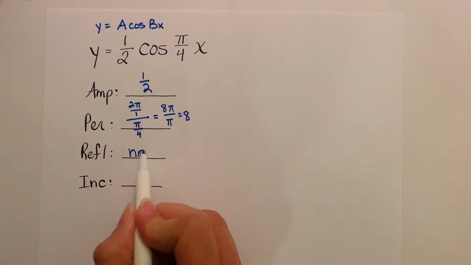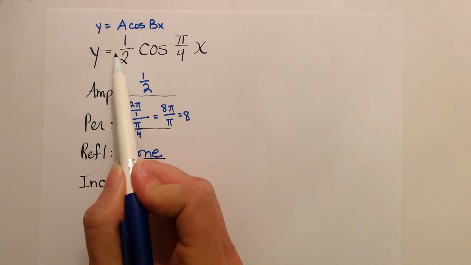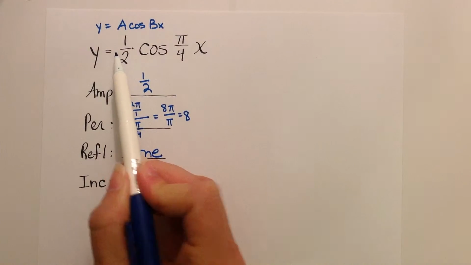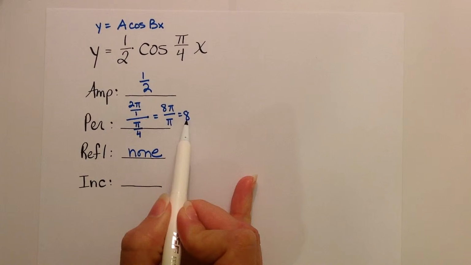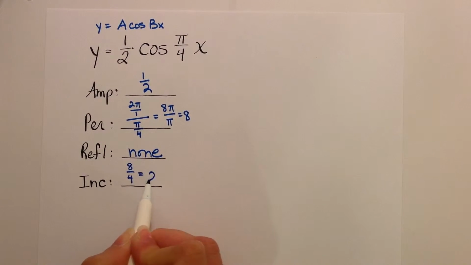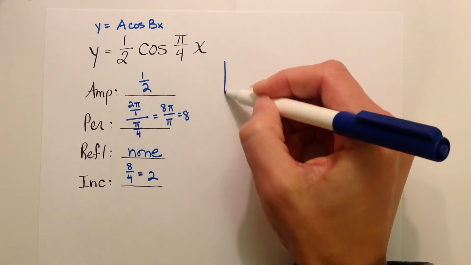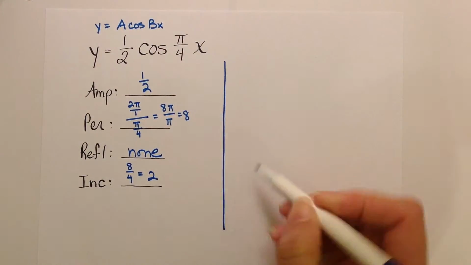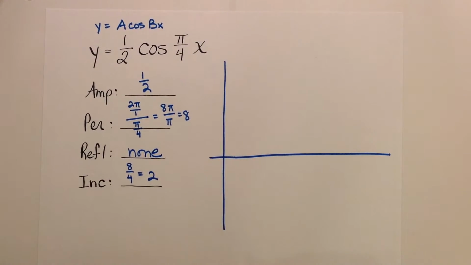This one still doesn't have the reflection, and I'll do one in just a second that does. But again, you'd have to have a negative sign directly in front of your amplitude. Okay, increment, you take your period, which we found to be 8, divide it by 4, so that reduces to be 2. Okay, so again, we're drawing just the one cycle, so we're going to start at the y-axis and go to the right. Now, my amplitude is 1/2,